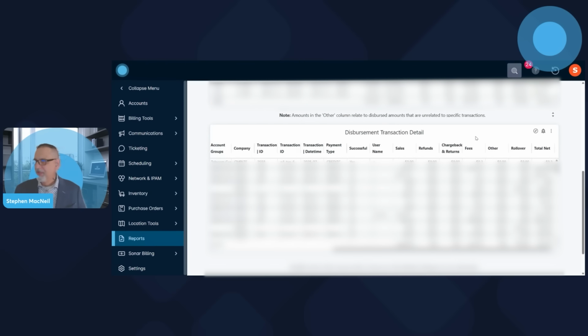Think about it. That makes your billing managers very excited because they will tell you, and if it's not you, they will tell you that they pull their hair out every month at month-end closing to try and do this function, which now sonarPay Canada has made just another task that you can easily complete quite quickly.